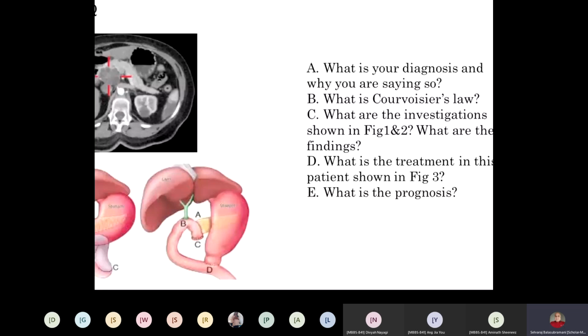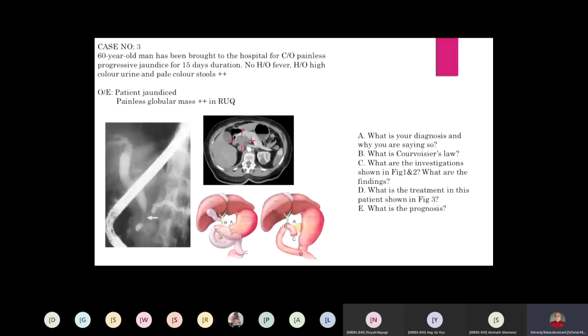You have to tell the patient's close relatives that nobody can cure this disease. Even if you do the Whipple's operation, the patient may not survive. Maybe they may live a little longer. If they would live for only 1 year, after doing a very good Whipple's operation, they may live for 3 to 4 years. That's all. You can just extend longevity for a few more years. You cannot prevent their death. So the prognosis is very bad.